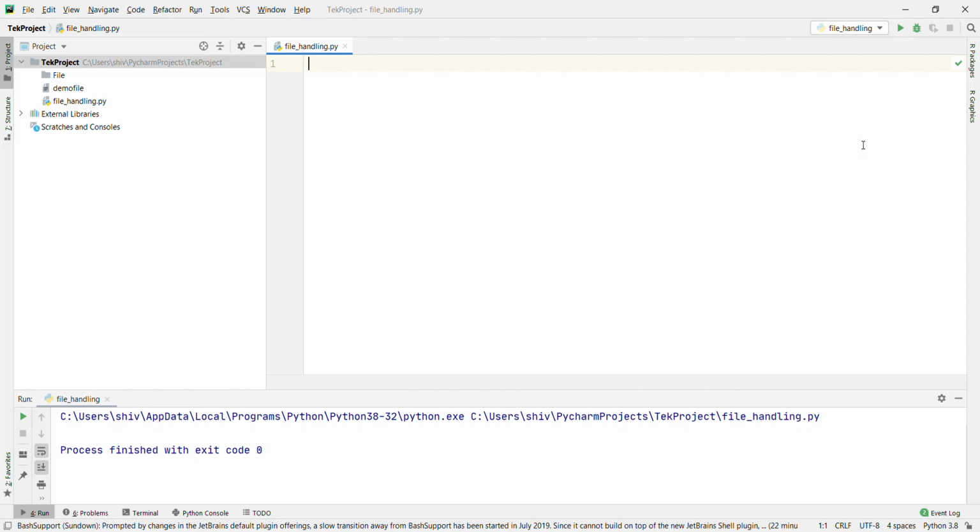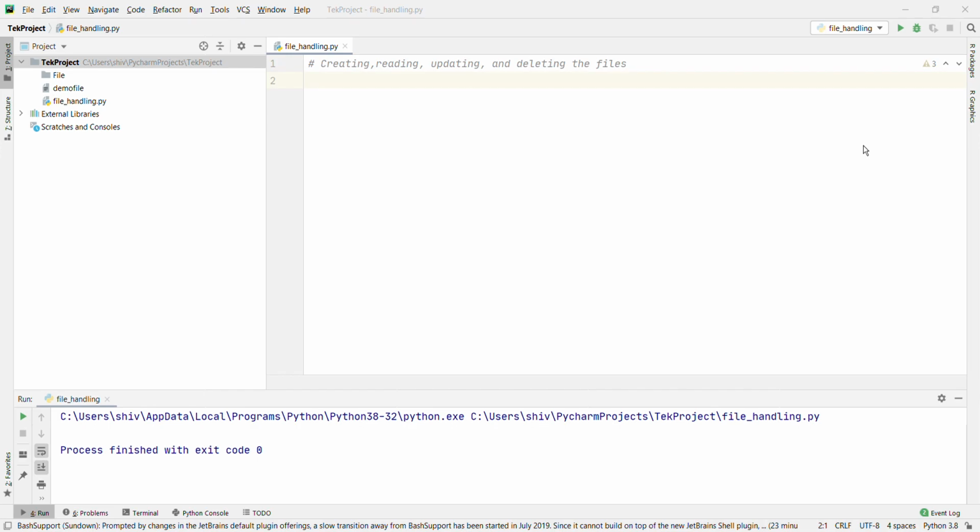Today I am going to cover the most important topic: how we are going to handle files. File handling is an important part of any web application. Python has several functions for creating, reading, updating and deleting files. The operations that we are going to perform on the file are: how we are going to create the file, how we are going to read the file, how we are going to update the file, and how we are going to delete the file.